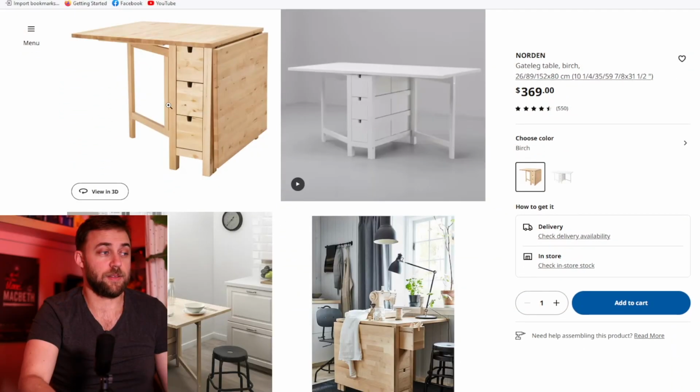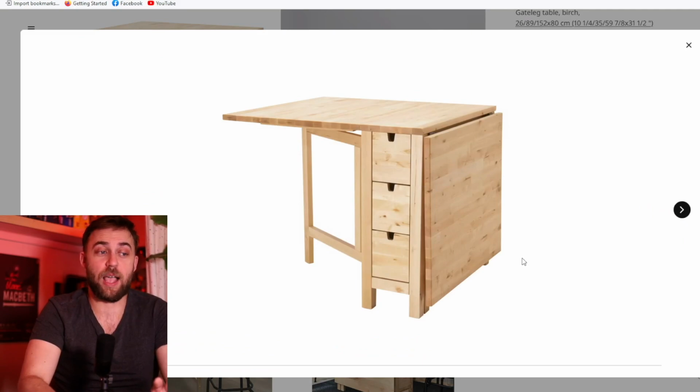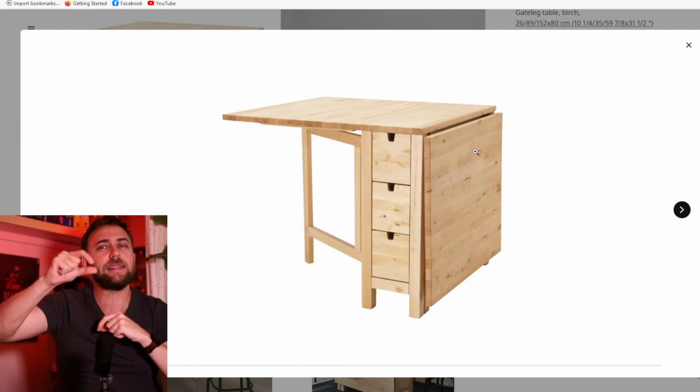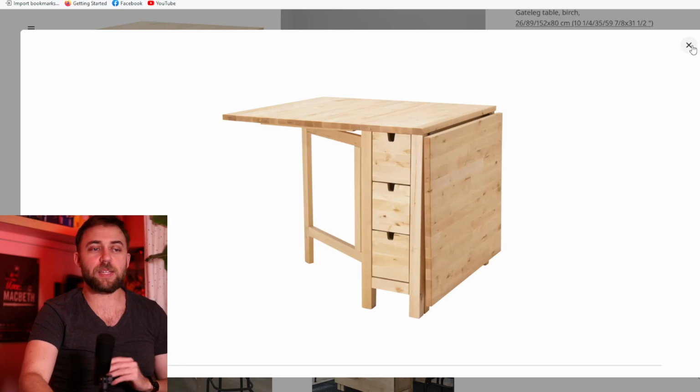It looks like this one up here. And it's great. It's really usable. I love that it folds down and it provides a nice space, provides about a good sort of Rising Sun, 3-fold board with some areas on the side and a little bit of space up and below the table, which is great. Sometimes I run out of room though, but for the most part, it's generally pretty good